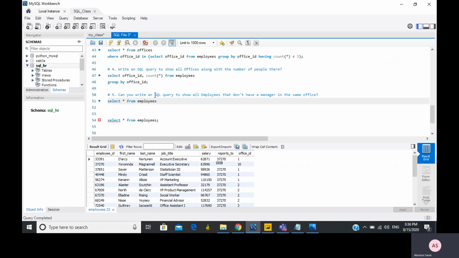I will now say, to show all employees that don't have a manager in the same office, I'll now say where their office ID is not the same as that of the manager's office ID. So where office ID is not equals to select office